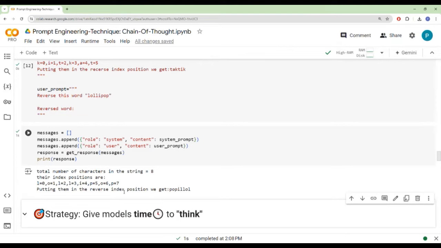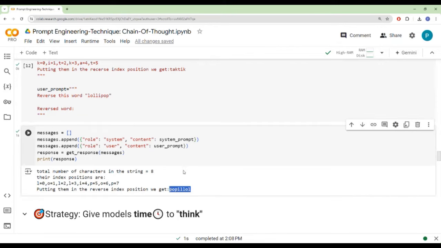Brilliant. So now we can see that with zero shot COT, it was unable to do it, but with few shot COT, it is able to deduce the right solution. So this is how we need to think about the task in hand and see what kind of task it is. And if we realize that we need to enable the reasoning ability of the model to solve such tasks,